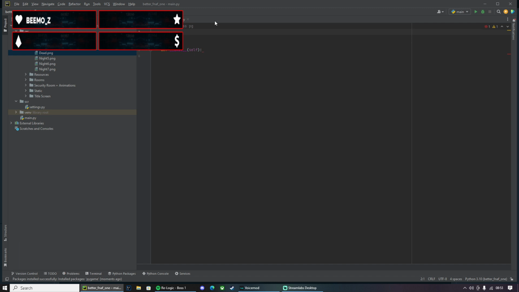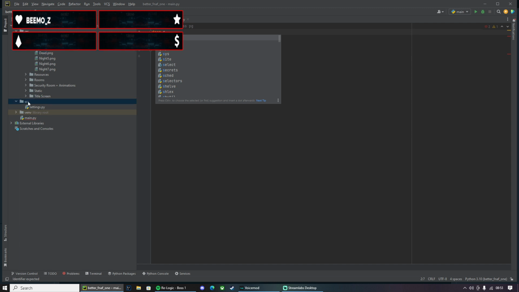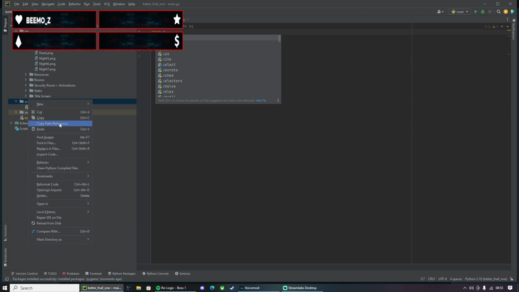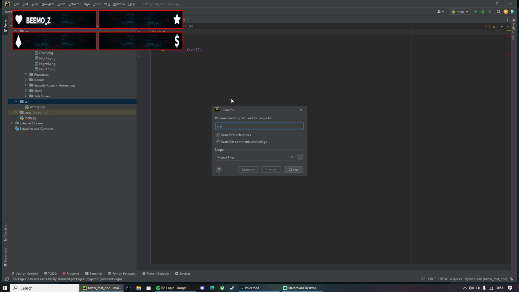It should be src, not scr. Refactor, rename to src. From src dot settings import all.